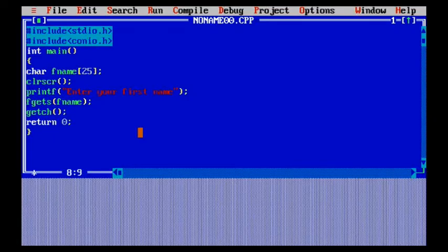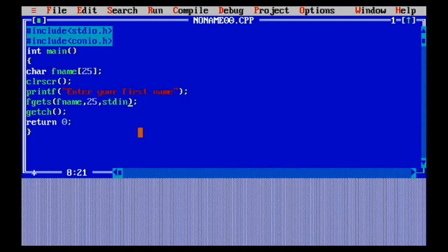We have a safer alternative, that is fgets. When we talk about fgets, it provides a safer alternative because it reads a specified number of characters and prevents a buffer overflow, which happens when the typed text is larger than the array. We are going to use three parameters in it. First the string name, then the number of characters to read, and then the pointer to the stream, that is stdin, as you can see here. What is stdin? Standard input from the user.